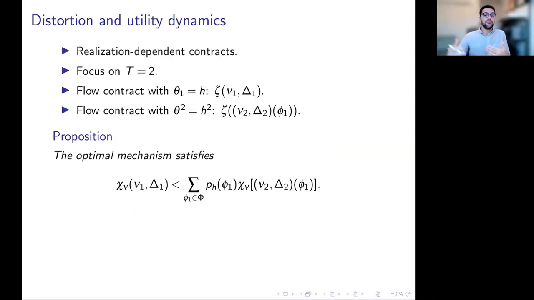Now let's look at the case of realization-dependent contracts, the general case where firms can potentially use the history of income realizations of the agent when determining flow contract offers made within a period. As with the realization-independent case, I'll focus on the case of 2 periods. It turns out that a proper generalization of the previous result holds in this case. The main difference is that when I'm comparing the partial coverage contract in period 1 versus period 2, these contracts are going to be